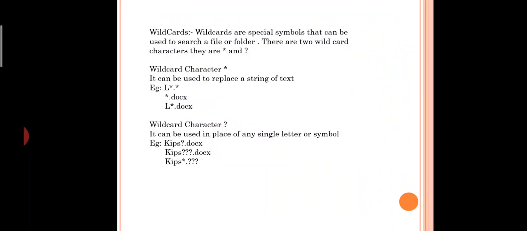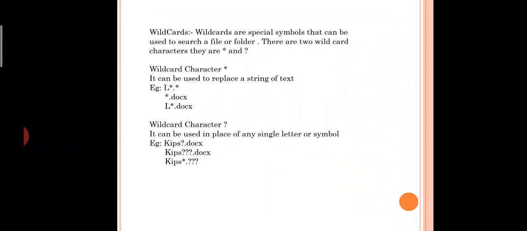Assume, students, that you don't know the file name at all, you only know the first starting letter. One or two months back you created the file and you have forgotten the file name. You only know the first letter of the file name. What will you do at that time? To overcome that kind of problem you can use wildcards.